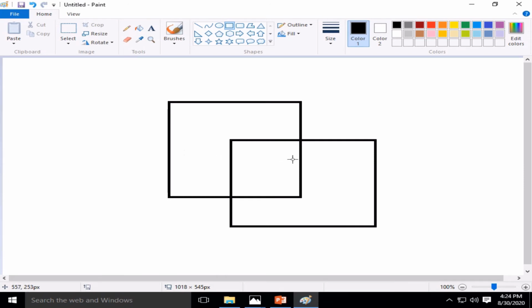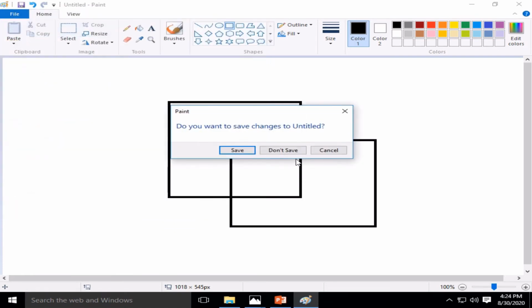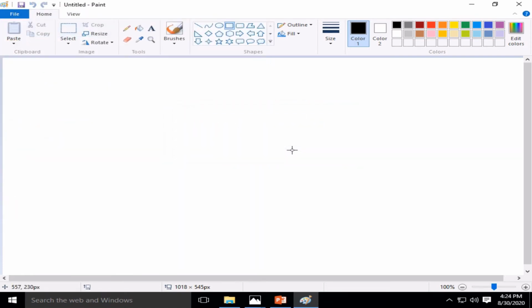Now you don't like this. You want to draw another painting. Then you have to change the sheet. How? Click on File tab, take the New one. Click Don't Save. Okay, now this is the new drawing space for you.